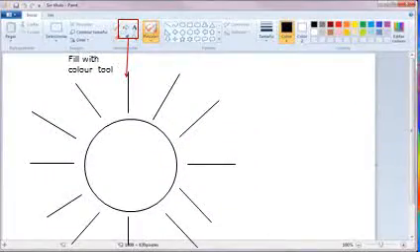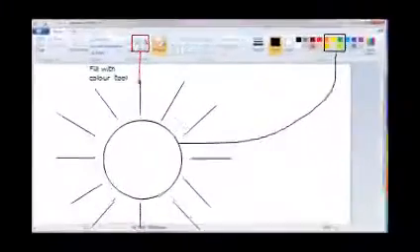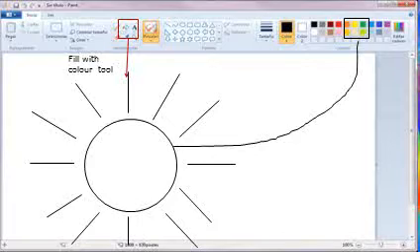Now our sun is ready, but the remaining part is coloring, so we have to first select the fill with color tool. Then after selecting the fill with color tool, I have to choose yellow color from the color palette.